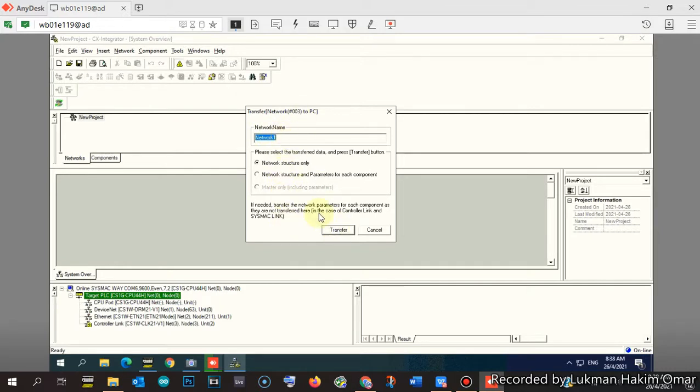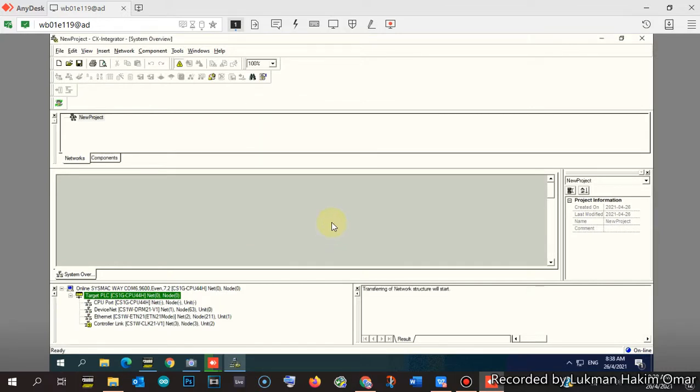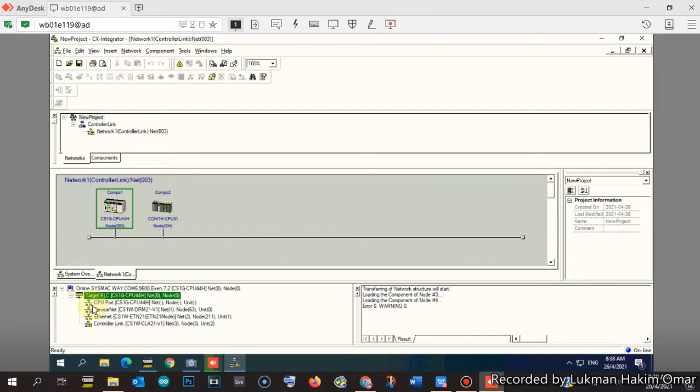So we just select transfer here, and it will take a while to read the available nodes for communication. Now we have node number 1 of 2, so it tries to read node number 3 first, the node of the master, and then it will continue with the slave nodes. If you have, for example, 10 or 20 nodes, it will take longer than this. It will read node by node, one by one.